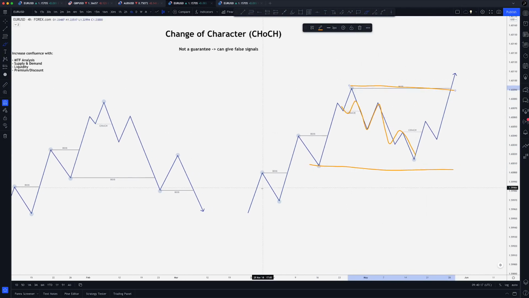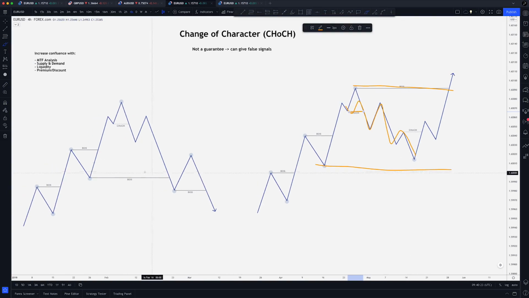Sorry, a weak high until it's taken out. So when the market is bullish and we're trading to the upside, yes, we can get that change of character there and we can anticipate the reversal like what we were expecting to happen over here, but there's no guarantee because this is still a strong low, right? So the odds are that this strong low is going to be protected and we're going to continue to the